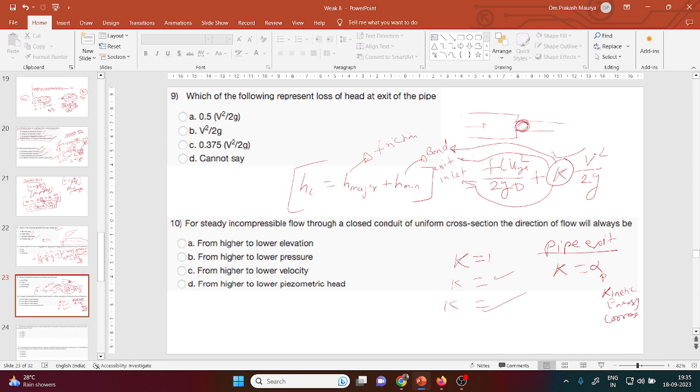Kinetic energy correction for the pipe exit: if the flow is fully developed laminar, it will be 2. In case of turbulent flow it will be 1. So this question, if you will see,